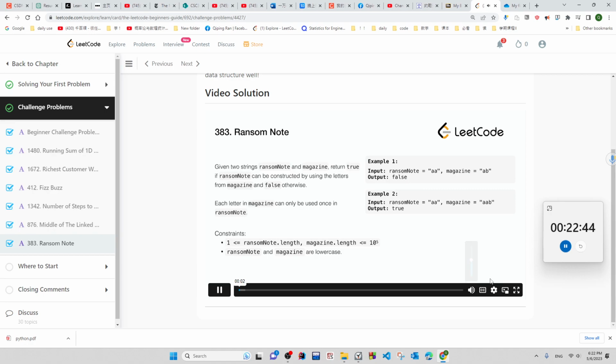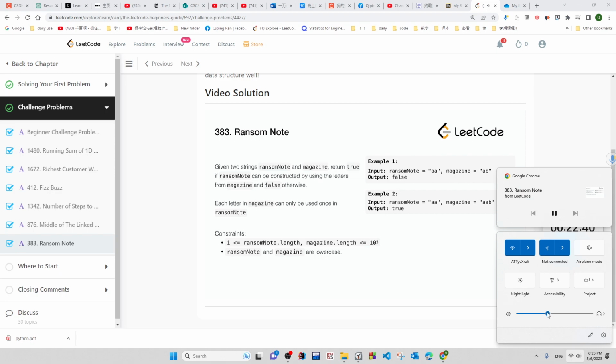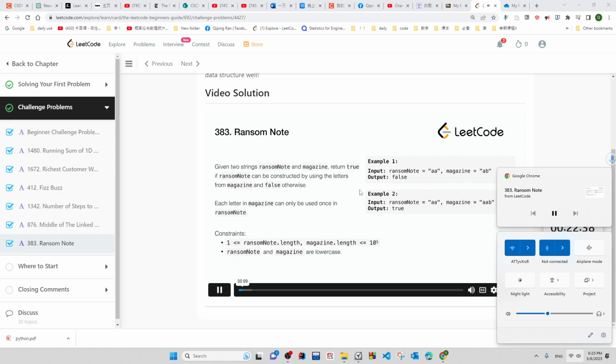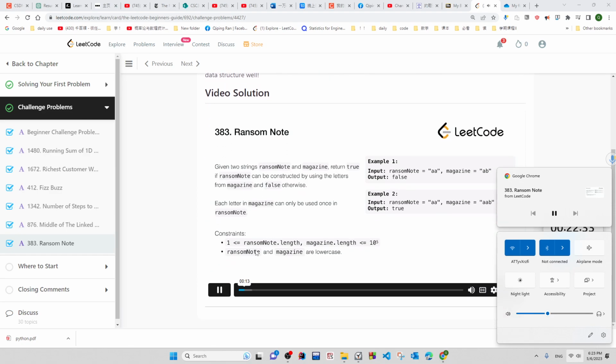This is your LeetCode video solution to problem 383, Ransom Note. The problem states, given two strings, ransom note and magazine, return true if ransom note